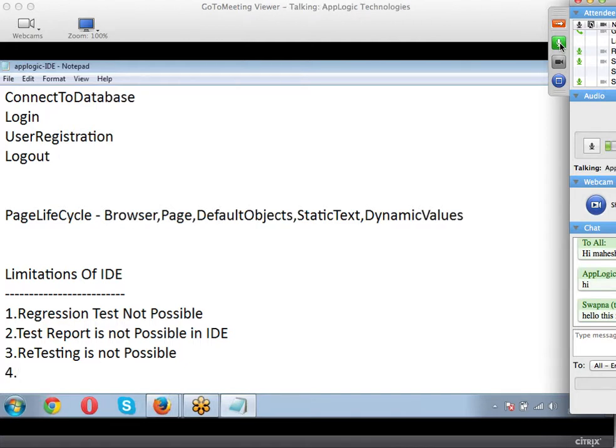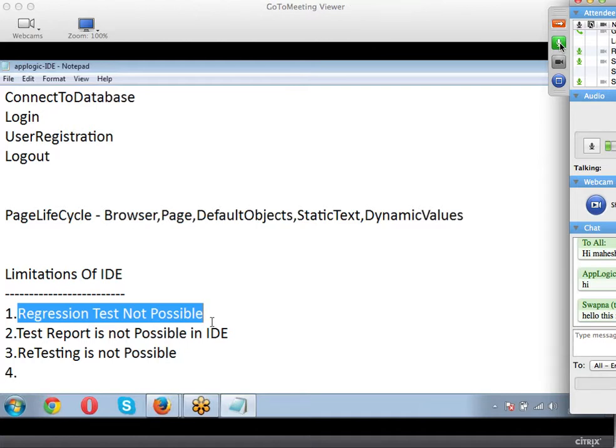No. Let me complete the first and then come to the fourth one, which is important. The first limitation of IDE, as I wrote, is that regression tests are not possible. In automation testing, regression has a very high importance. Now, what is regression? In layman's terms, when I have to perform some testing, I have to get an application from my developers, maybe a web application which can be opened in a browser and navigated. For example, my Google page again. My developers have given me a Google page, and I'm testing on that page.